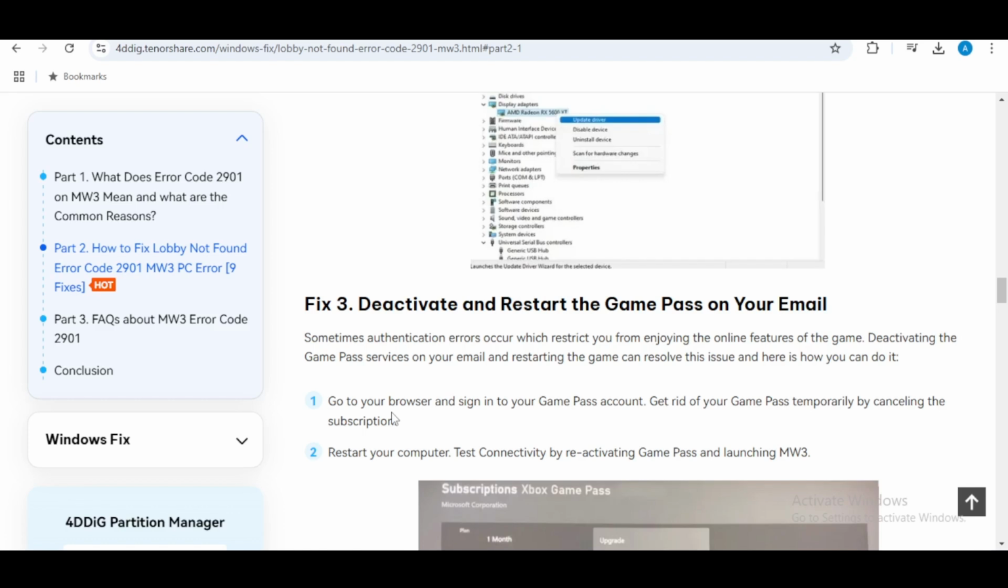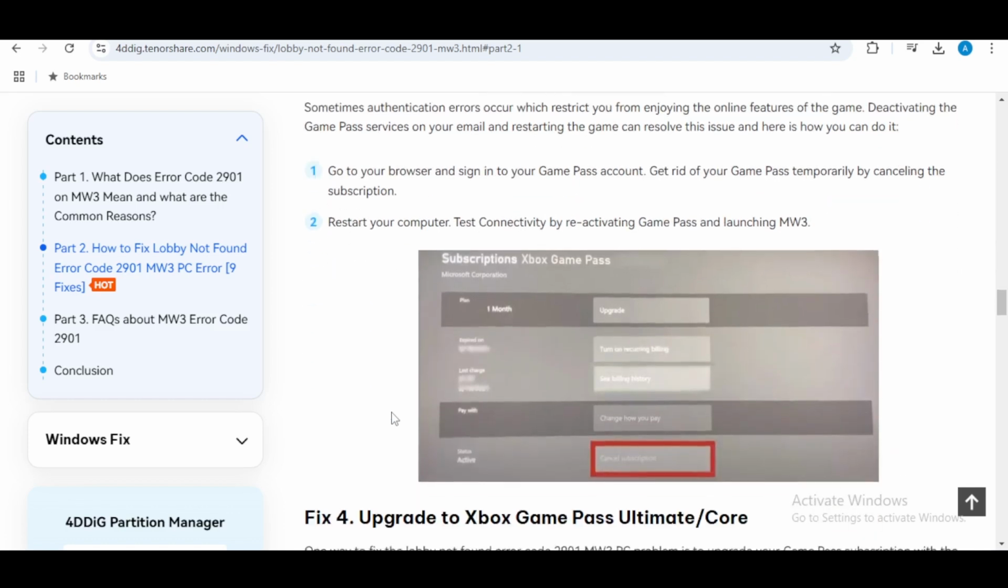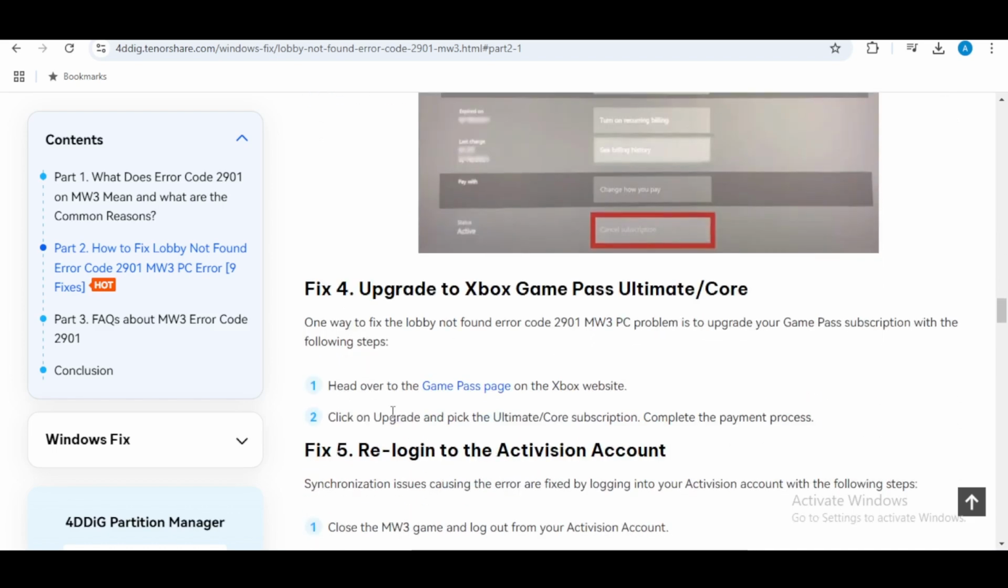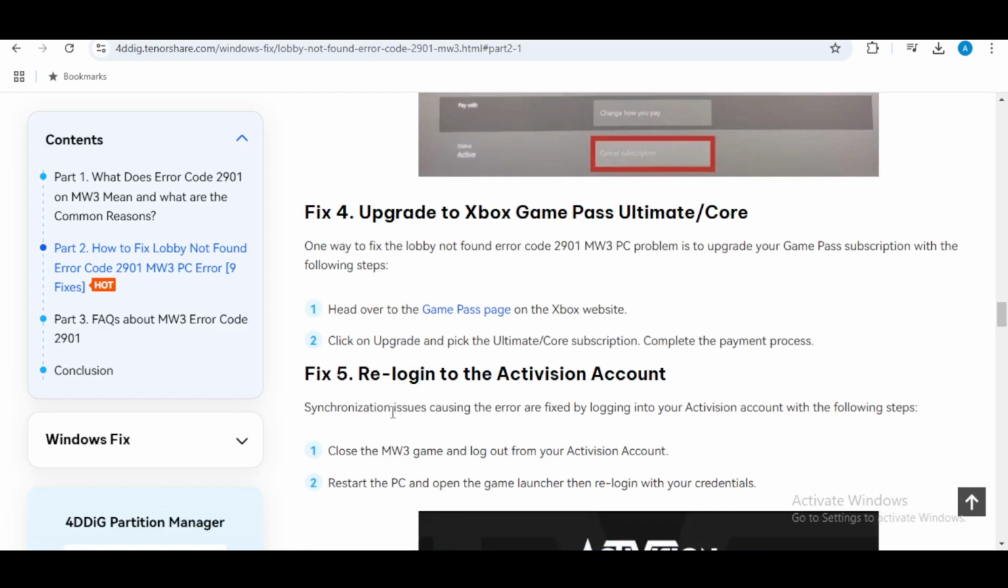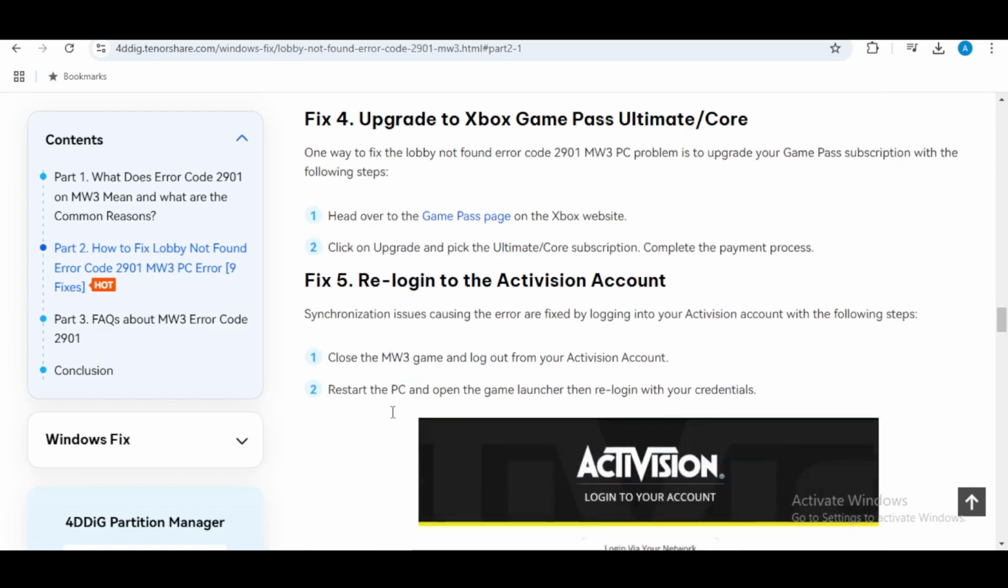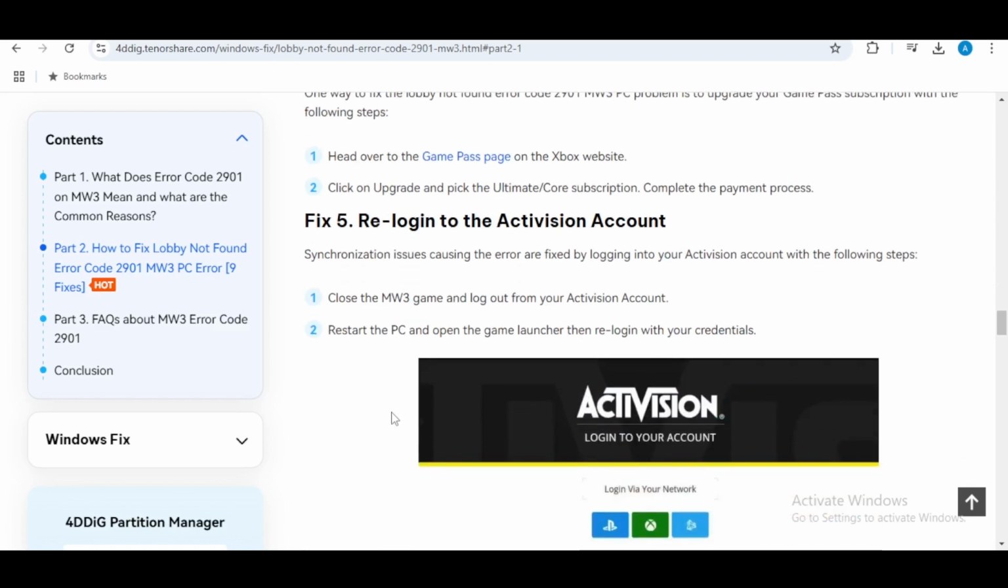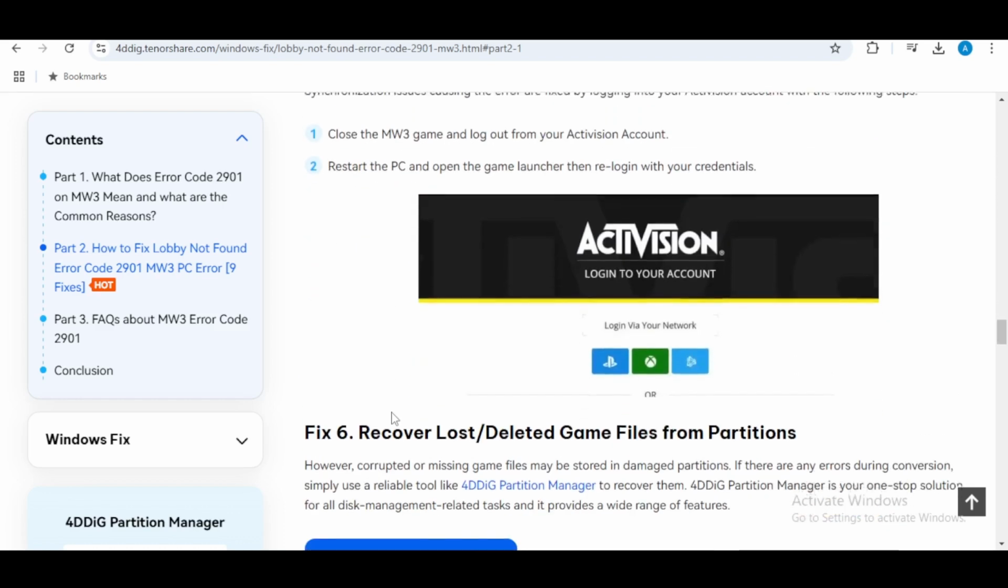Try logging out and then back into your Activision account. This can resolve synchronization issues that might be causing the error. And that's it. This fix should help you to resolve the lobby not found error code 2091 in Modern